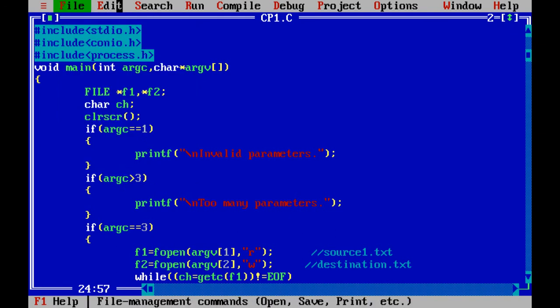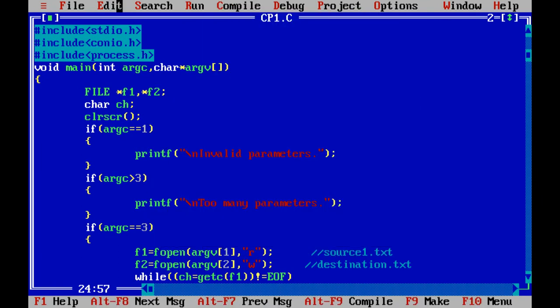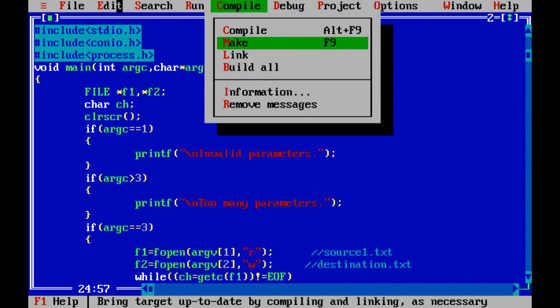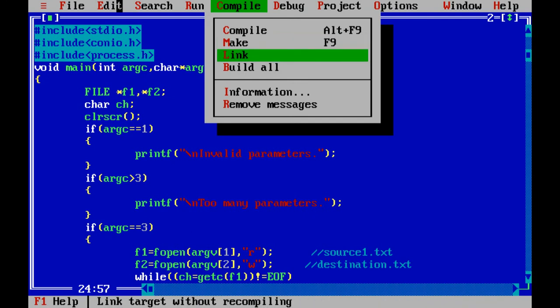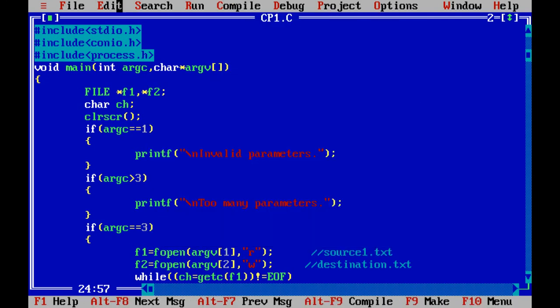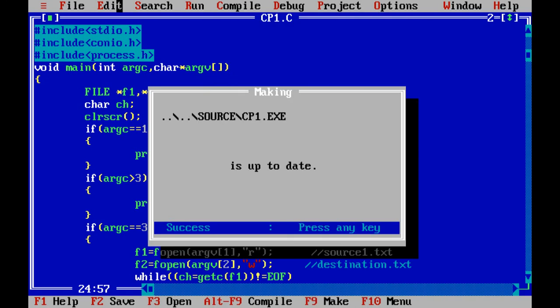Now let us go for the compilation steps, which are first compile, make, link, and finally build all. This is where we will get our exe file name, or executable file name. Copy this or write this exe name.